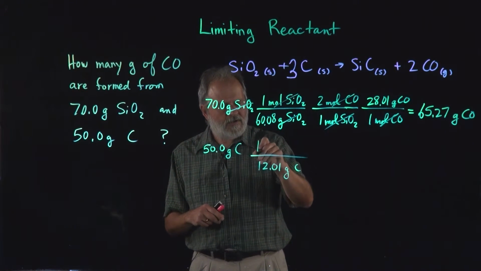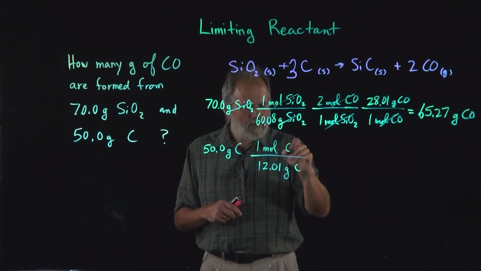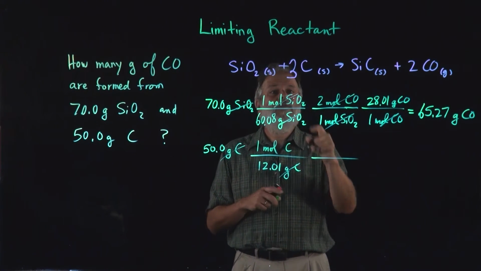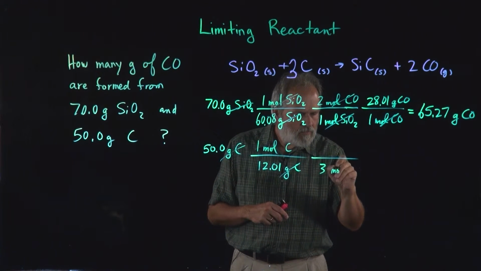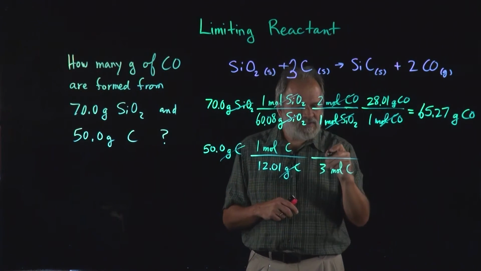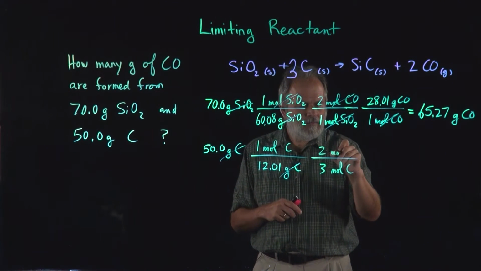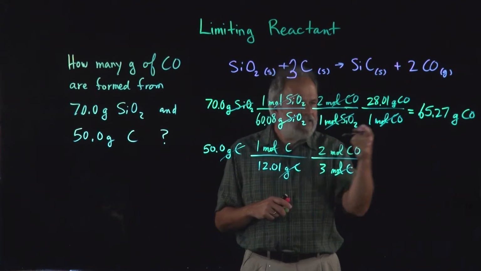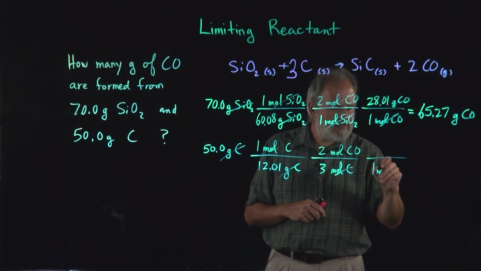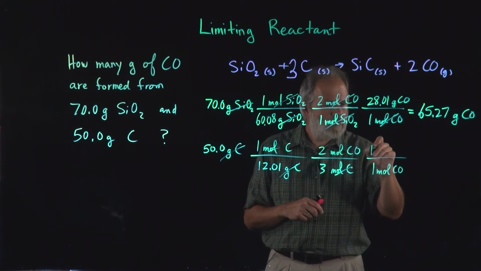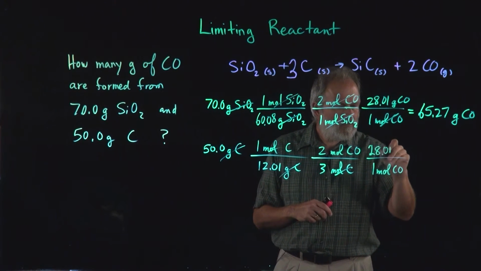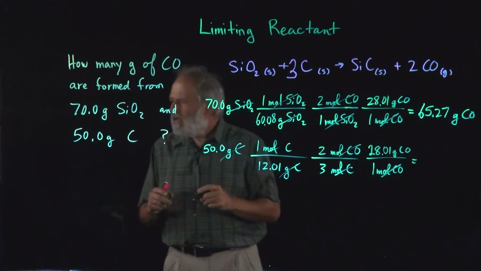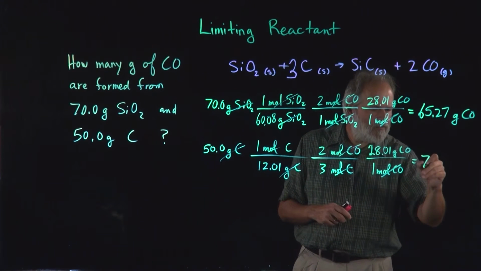Convert grams of carbon to moles of carbon using the molar mass, the atomic mass of carbon. 3 moles of C to 2 moles of CO. All right, and then the last conversion factor, of course, is the same for both steps. Okay, moles of CO cancel, we get grams of CO in our answer. And that is 77.74